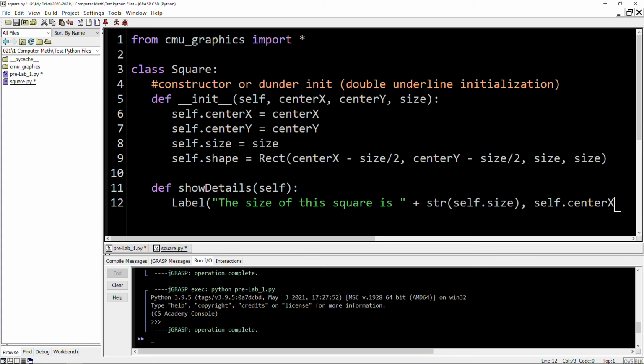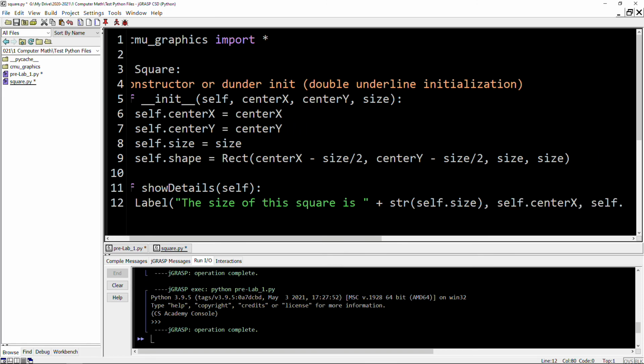This is actually another reason why we want to do this, because in the dunder init method, or the constructor, when we pass the centerX value to self.centerX, I can now use this variable and apply it here. If I try doing centerX here, it would say error, it doesn't know what centerX is, because remember, centerX only exists in the dunder init function. After we're done with constructing it, it no longer exists. So now we want to be able to pass it like so.